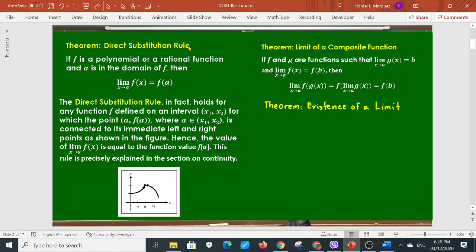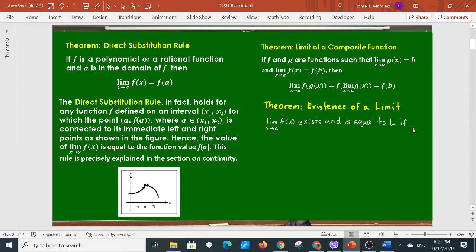What is this theorem all about? Let's say the limit of f of x as x approaches a exists and is equal to L. This is implied by, meaning if and only if,